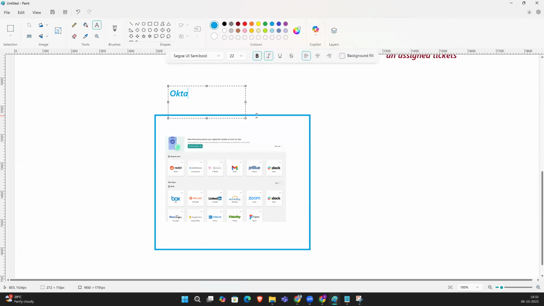What is that? Okta. Something like bluejay.okta.com. If you connect to this, it will ask for the username and password. Once you connect to okta.com, you can directly access any website or application. If you click Gmail, it will automatically open. If it is Slack, it will automatically open. If it is Zoom, it will automatically open without asking for the username and password. So this is nothing but Okta.